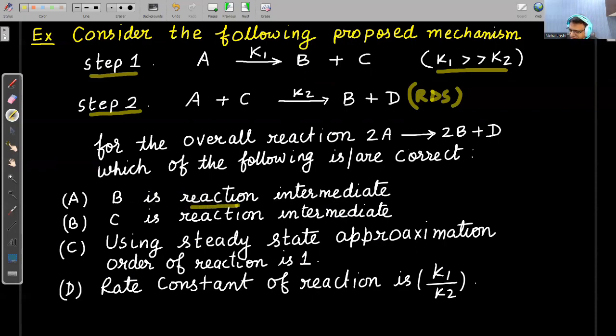बारे में अगर हमें पता करना है तो पहले हम देख लेते हैं ओवरऑल रिएक्शन क्या है। अब इस ओवरऑल रिएक्शन में ये रिएक्टेंट है, ये प्रोडक्ट है, इसके अलावा कुछ और है जो हमें इस मैकेनिज्म में दिखाई दे रहा है, जो पहले बनेगा और बाद में कंज्यूम हो जाएगा, तो वो होगा रिएक्शन इंटरमीडिएट। जैसे यहाँ इस रिएक्शन में C है, C रिएक्शन इंटरमीडिएट है, पहले था नहीं, बना और फिर बाद में कंज्यूम हो गया, तो दिस इज रिएक्शन इंटरमीडिएट। सो C इज रिएक्शन इंटरमीडिएट, ये गलत हो गया।